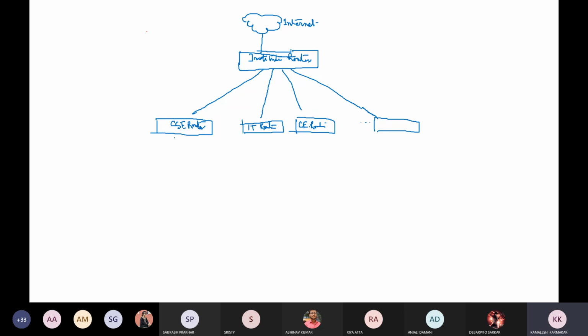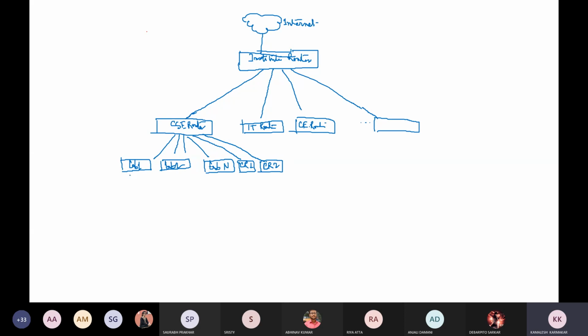Now in every department, like the computer science department, we will divide the connection into multiple labs. So just like this one. So we have, say, lab one, we have lab two, we have lab n, say we have one classroom, we have another classroom two. So in this way, we are connecting this departmental router with multiple labs, faculty rooms, classrooms, and like this. Okay. So from this router, we are dividing this connection.